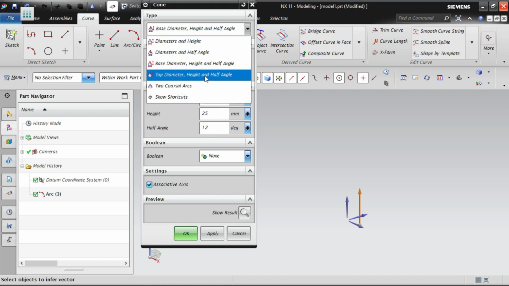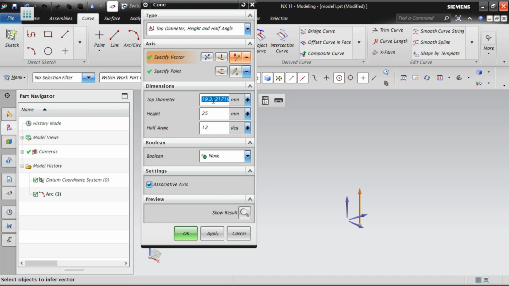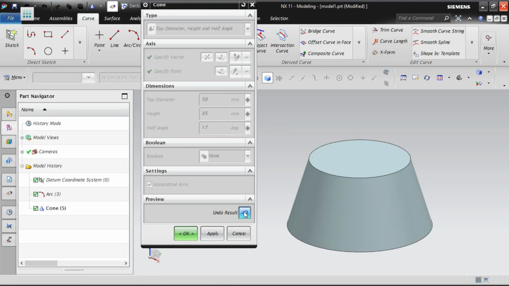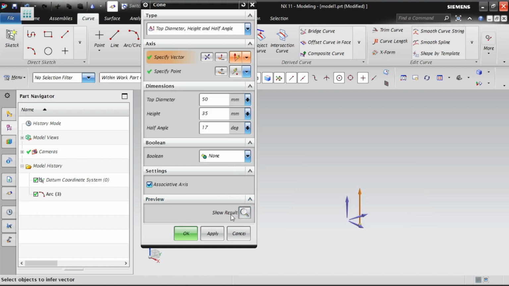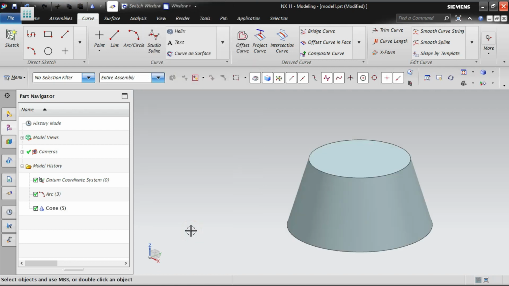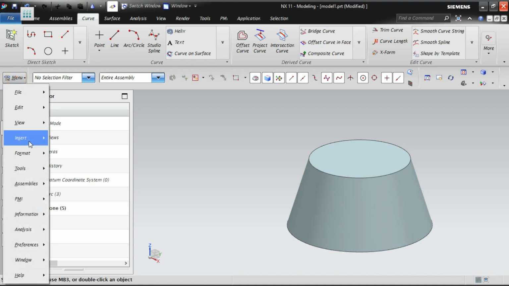Now we are going to give the same option in a different manner: top diameter, height and half angle. So now I'm going to define my cone from the top. So 50, the height is around 35, and the half angle is around 17 degrees. I'm giving the preview, and it will come like this. So this top diameter will be 50, and the bottom diameter is unknown for us because we are providing the height as well as the half angle. Based on that calculation, this model will get generated. So now it's okay, you can go for the OK button. Okay, all right. So now the third option,